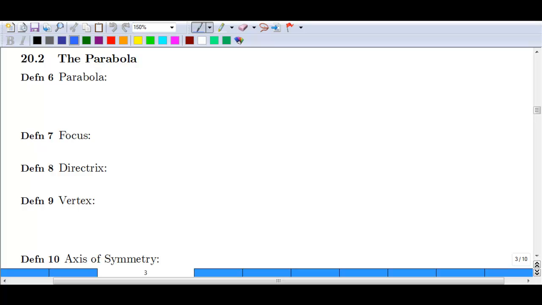This is the first lesson for section 20.2, and it will discuss the parabola. Now, the parabola is something you're probably relatively familiar with. It produces a formula that has ax squared plus bx plus c, so we've seen this before. Any of the quadratic formulas produce a parabola, but we're going to get into a definition that's a little bit different today. So, the definition that we are going to use for a parabola is a collection of points